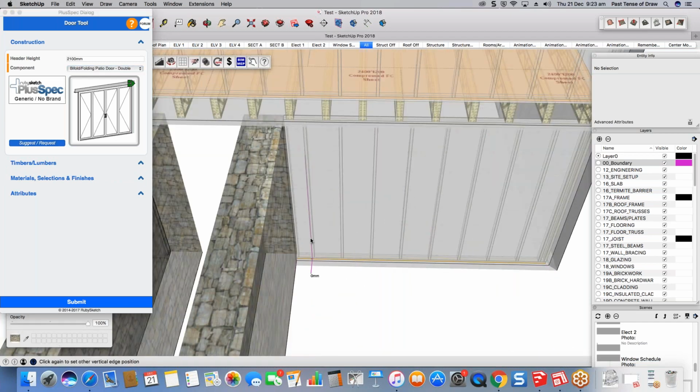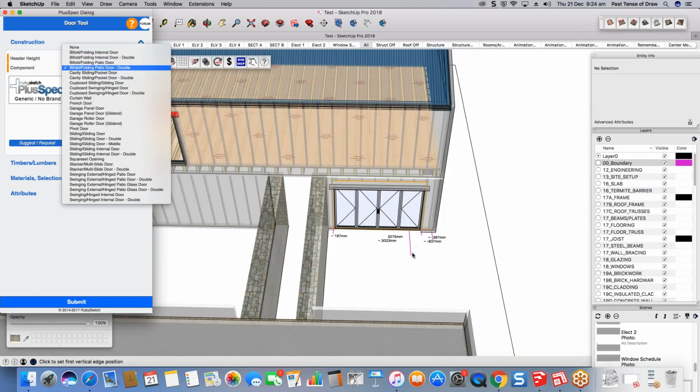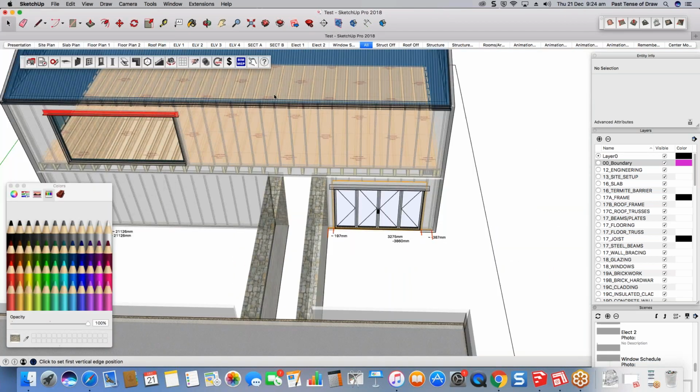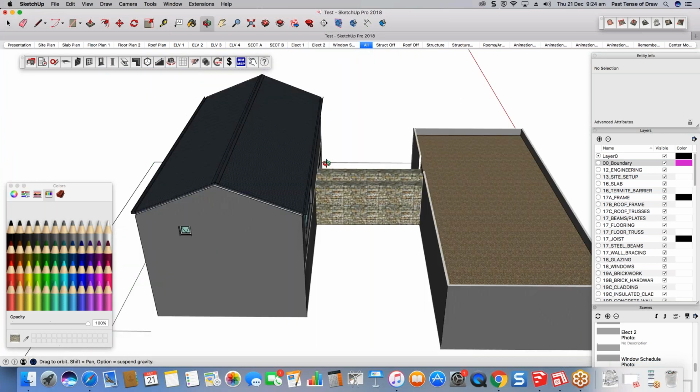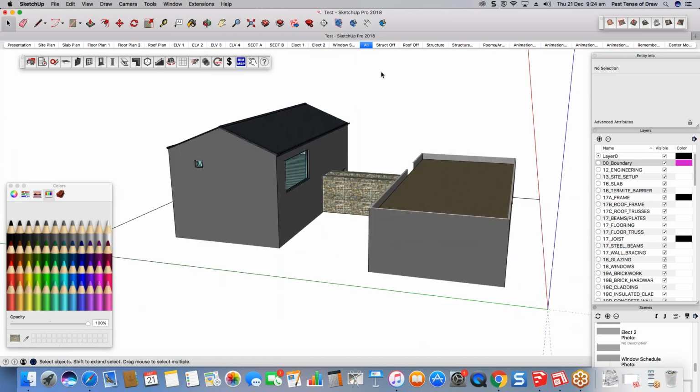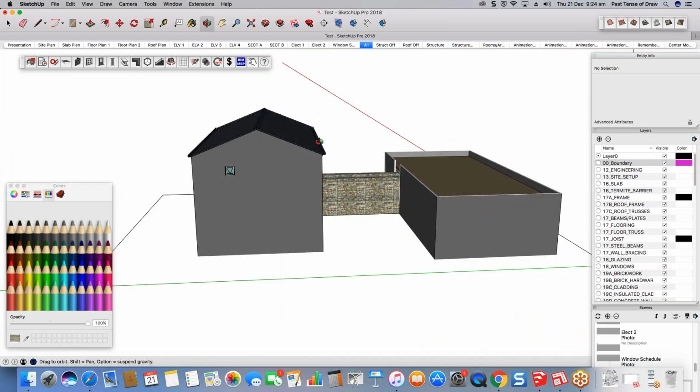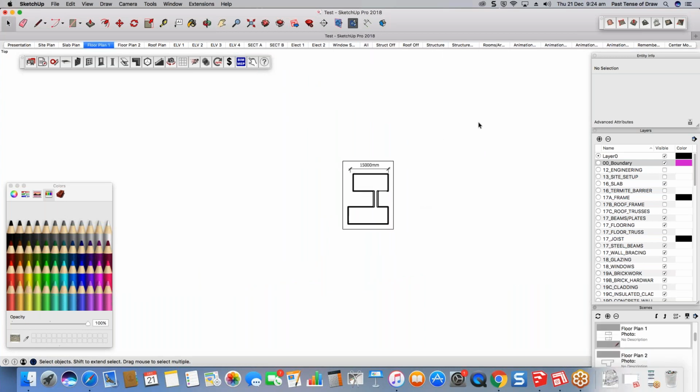We'll just do that. I can adjust that later if I wanted to too. Okay. So we'll get out of there. All right. So that's good enough for now. What we need to do is start analyzing what the PlusSpec templates are actually doing. So I'm going to click on my floor plan 1, and I can see that it's kind of off in